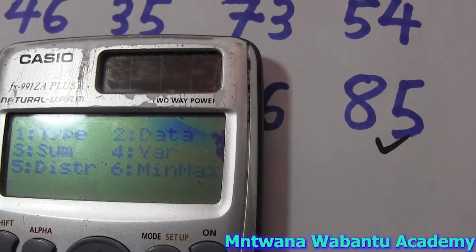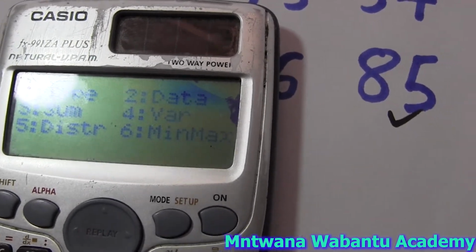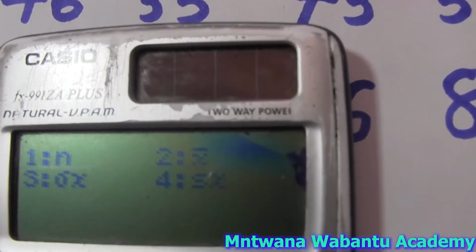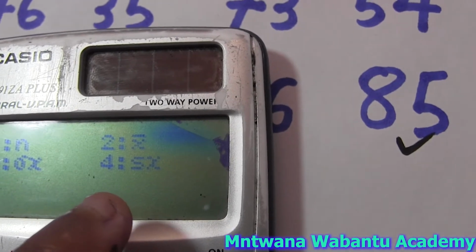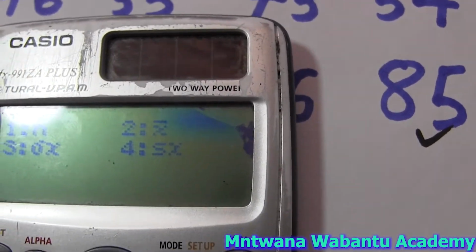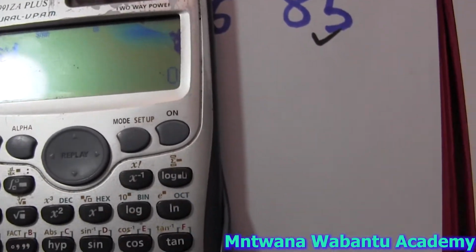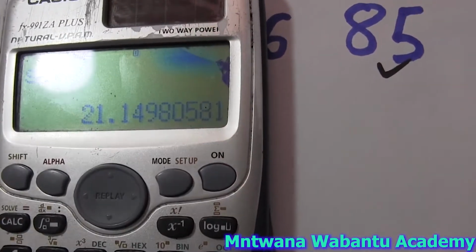If you click number 2, you're going to go back to the data that you put in. So you have to click number 4, variance. Click on number 4, variance, and then when you click, it's going to take you there. So number 2 here is mean, and this is standard deviation. You know what I'm saying? But we're looking for the standard deviation, so just click number 4. And then after that, click number 4, say equal. See what I'm saying? After click number 4, and then click equal, so it's